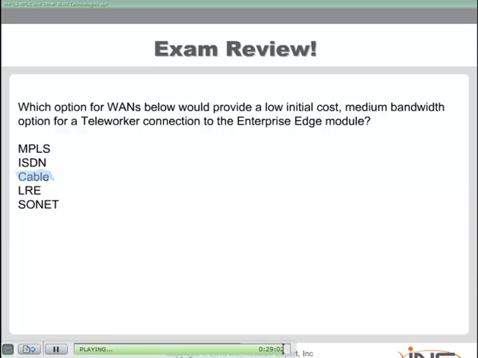Long-reach Ethernet, nah, too high a bandwidth. ISDN, too low a bandwidth. MPLS and SONET, massive bandwidth capabilities, but at a real high cost. So the low-cost, medium bandwidth alternative that would be perfect for a teleworker would be cable. So get ready to answer questions of this nature when it comes to these many, many different wide area networking